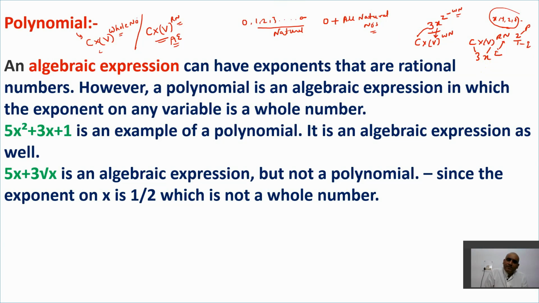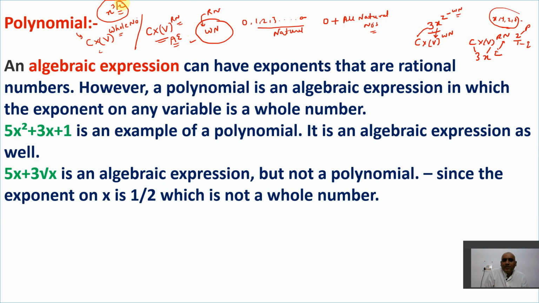Let's understand that, because we have already studied all the numbers in class 9th itself. Now tell me, rational numbers is a big circle here. So can I say all the whole numbers are a part of rational numbers? Yes, it is. So all the whole numbers are included in rational numbers. But all rational numbers are not whole numbers? Yes, exactly. Because if I say x to the power 3 by 2, this is not a whole number, right?